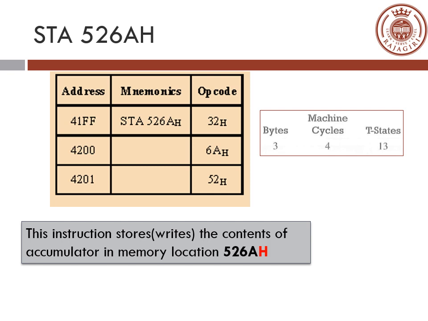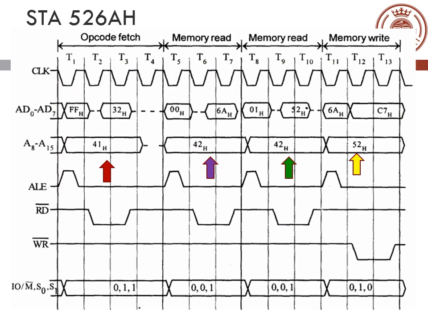And let's see how many machine cycles are required. In this case we need to have 4 machine cycles and 13 T states. So let's see why it is 4 machine cycles and 13 T states. Now let's start the timing diagram. So as always you are going to do the opcode fetch. The status signal is 0 1 1. Now you can see the clock signal. There is not much difference over here. AD0 to AD7 and after that it has been specified as A8 to A15. You can do it in any way, that's okay.